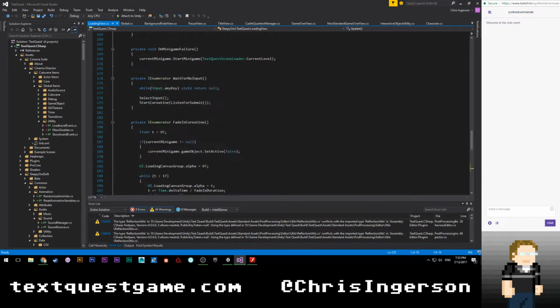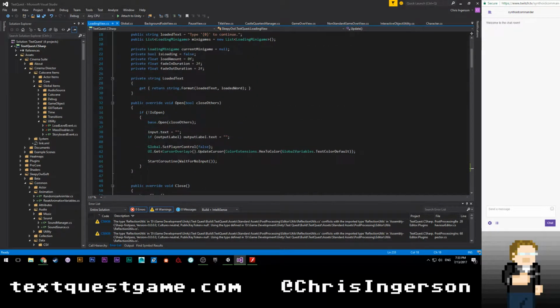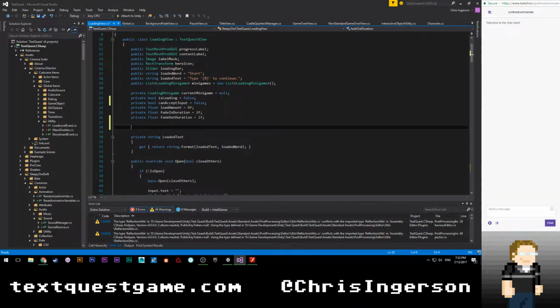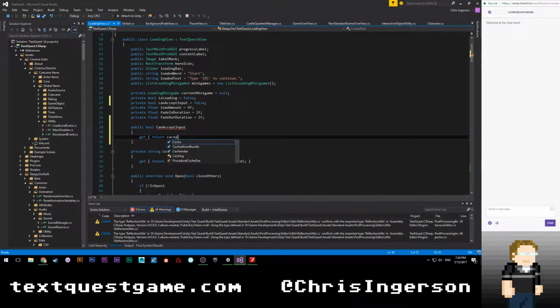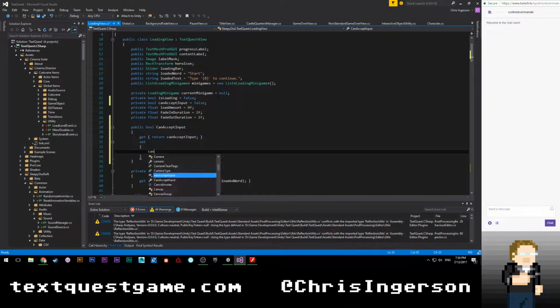So we're going to go to loading screen. I am going to add a bool here that says private bool canAcceptInput is equal to false. Then we're going to have public bool CanAcceptInput, get return canAcceptInput. And then on set, we're going to do a couple of things. We're going to say canAcceptInput is equal to value.